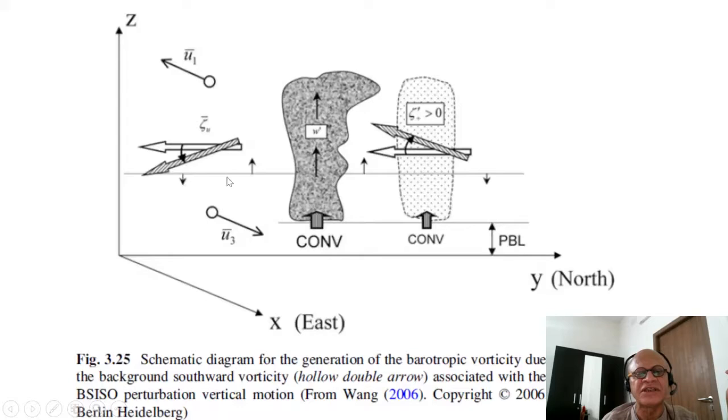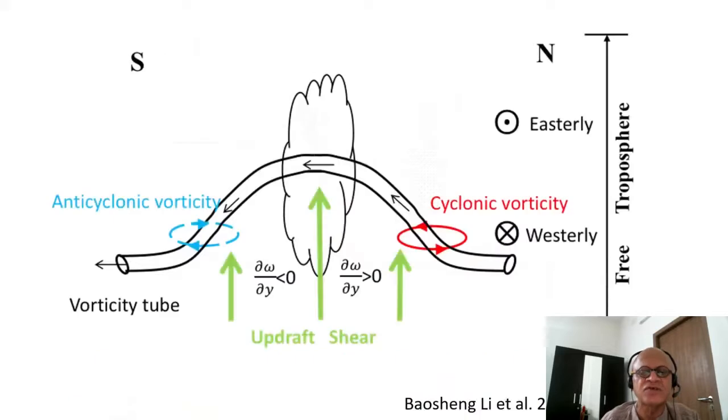So you have vertical velocity downward here, upward here, of course, maximum in the convection center, and then upward and downward. So you have upward tilting of the vorticity here, downward tilting of the vorticity here. So this paper argued for a very strong role for the vertical shear as the main driver that couples the baroclinic and barotropic modes and creates conditions favorable for convection to organize ahead of the existing convection center and give you forward or northward propagation. Some little more details are added now to the same paper by Baosheng Li, which is coming out soon,